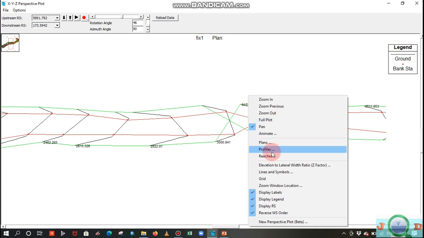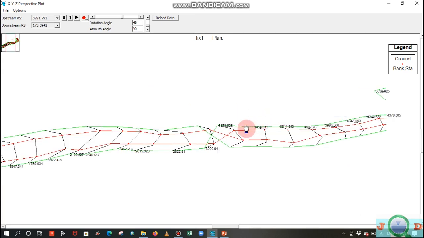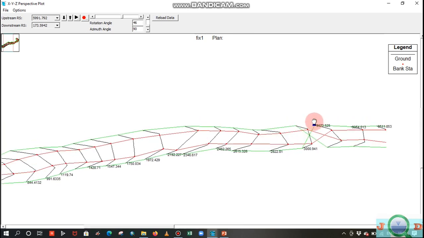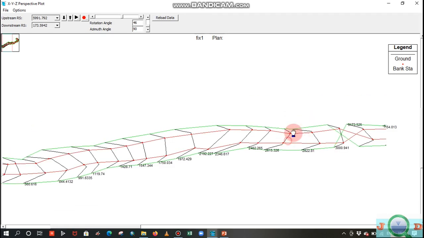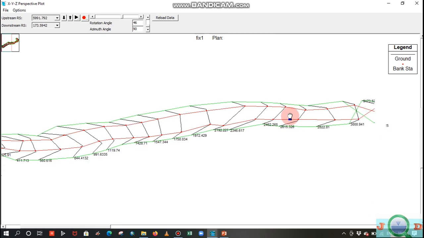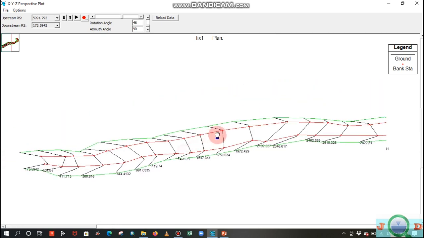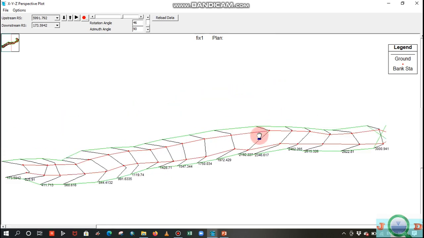From this cross section, 3000.941, all the stationing has changed to the right hand side. So you need to change that. You can see up to the last cross section all are on the right hand side.